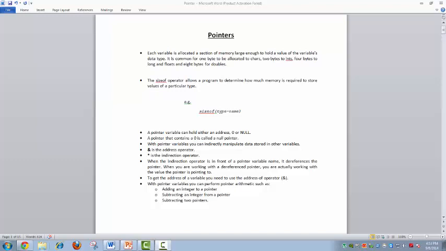This is a brief introduction to pointers. Every variable that we declare is going to reside somewhere in memory, and it's going to take a byte, 2 bytes, or 4 bytes, depending on the actual type. We can use the sizeof operator that's available to us to find out how big the